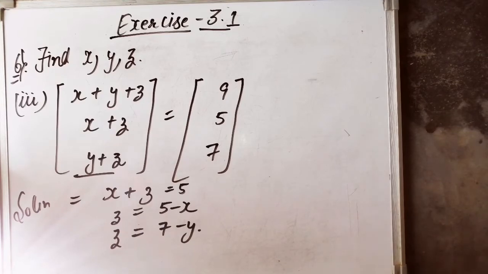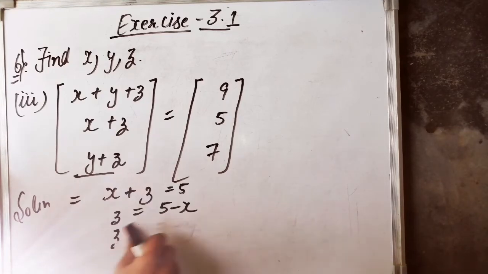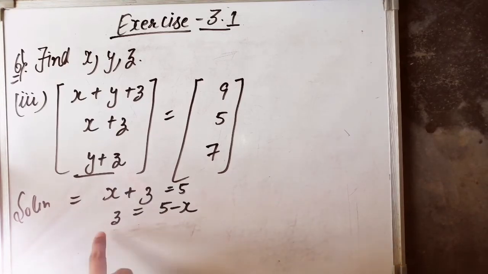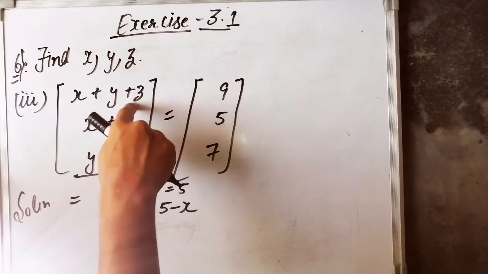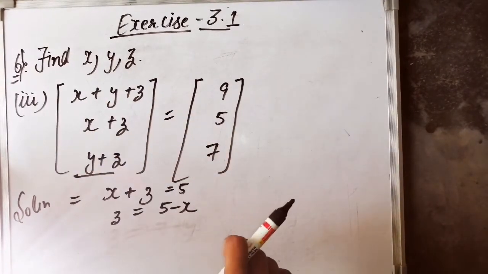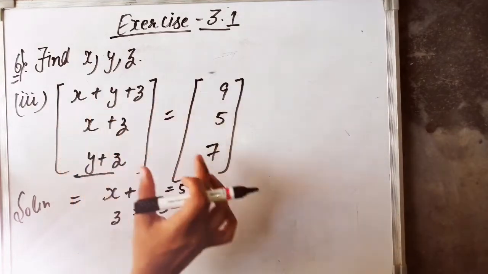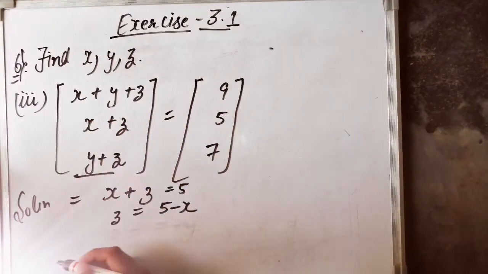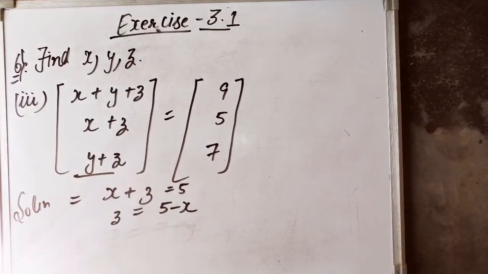You need not do these things. What you need to do is simply find the value of z and put it in this equation, and after that find the value of y and put it in this. You can do this yourself. And if you still have doubts, write in the comment section. I'll make another video for your doubts. I'll take doubt sessions.